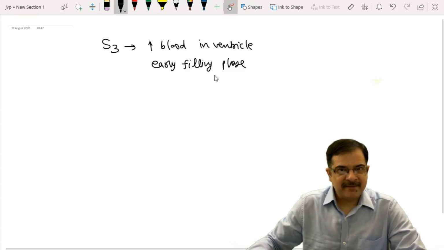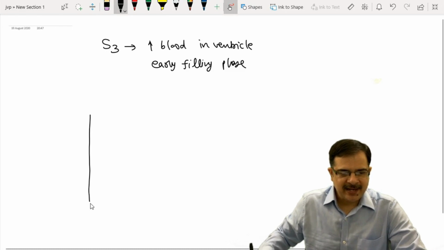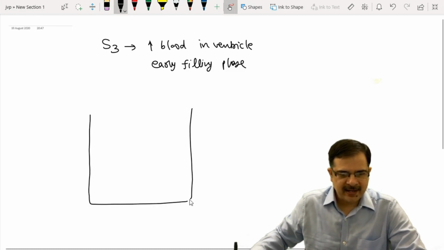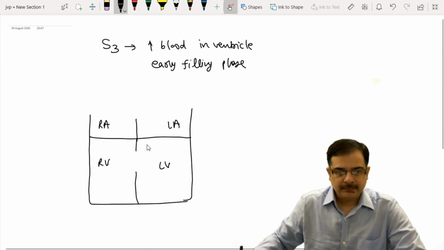Let's understand ventricular septal defect with the help of a diagram. This is a line diagram of ventricular septal defect. This is the left ventricle, this is the right ventricle, this is the right atrium, this is the left atrium. Now in systole, left ventricle pressure is much higher than right ventricle pressure, while in diastole both pressures are almost equal. Therefore, blood from the left ventricle will go to the right ventricle